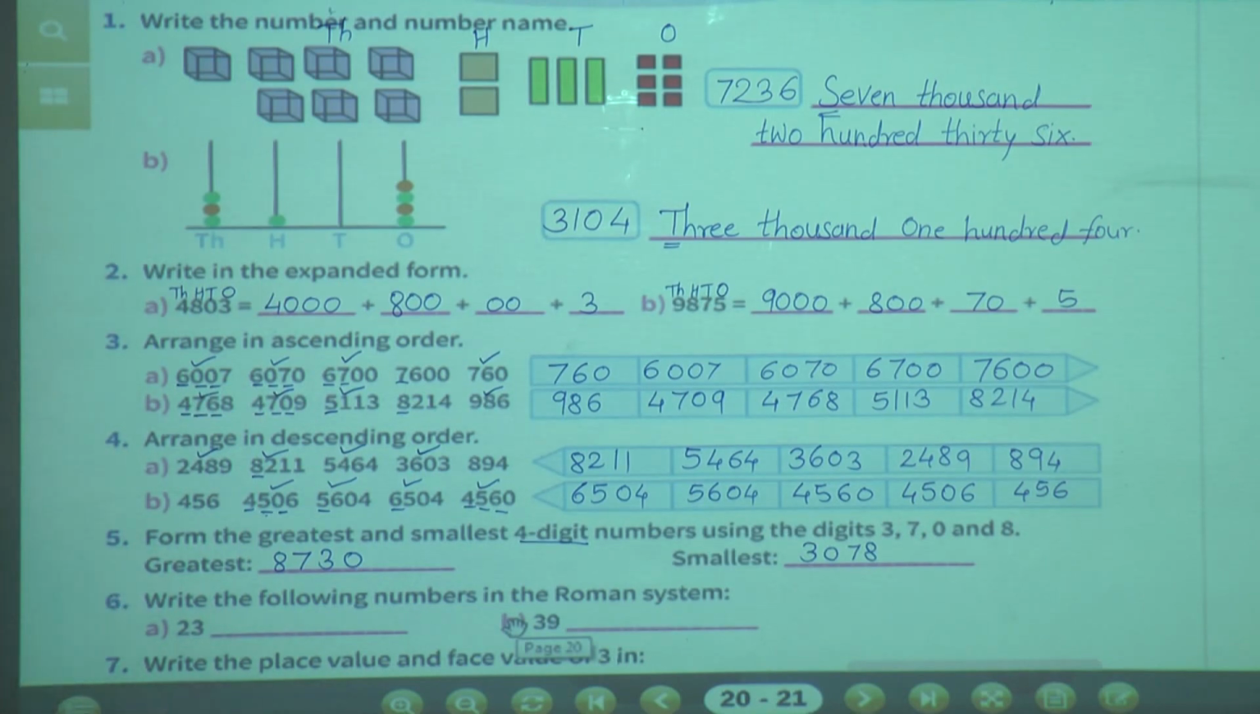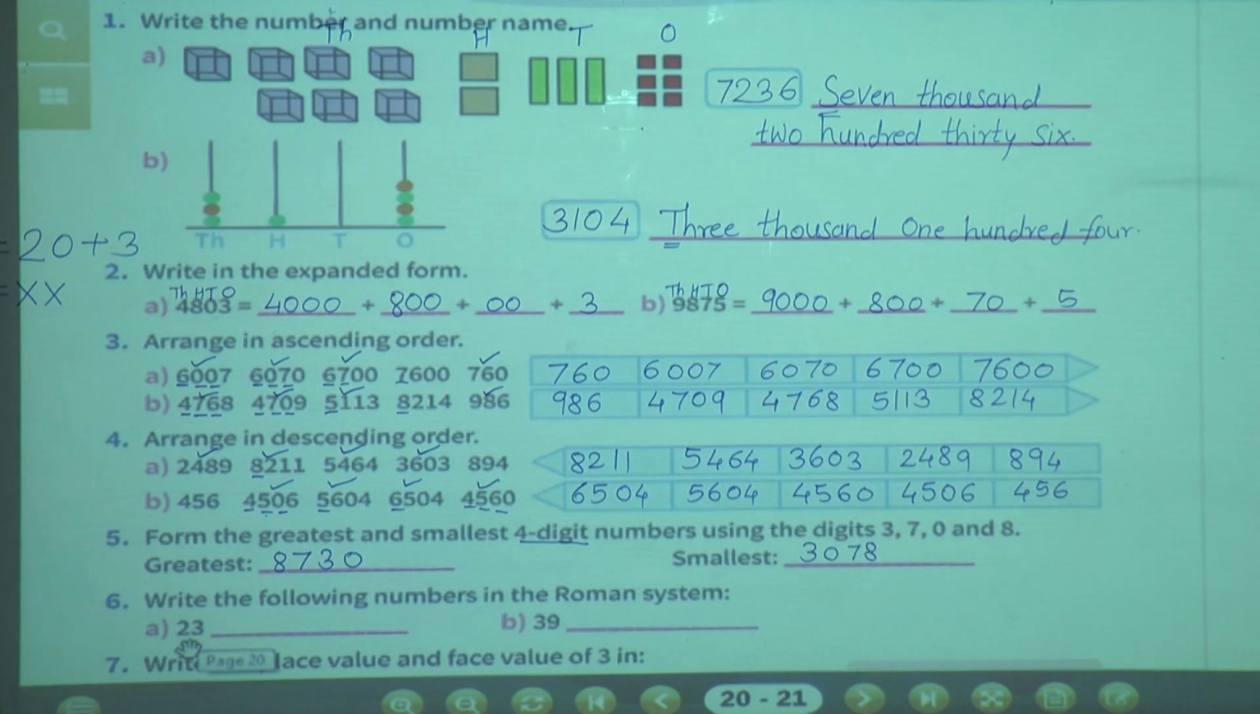Next, write the following numbers in the Roman number system. The number is 23. Now how will you write it in the Roman number system? 23. While teaching the Roman number system, I told you what you have to do. First you have to split up the numbers. We will split up this 23 in this way. Suppose 23 is there. So what will we do? 23 is equal to 20 plus 3, isn't it? 20 plus 3. For 20,